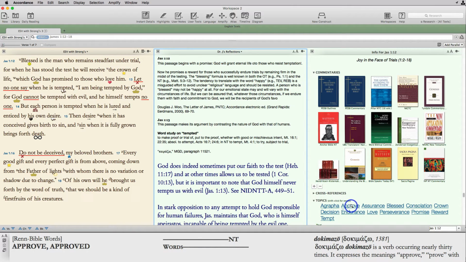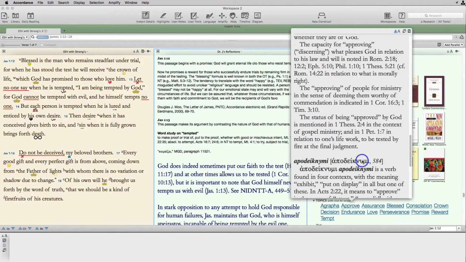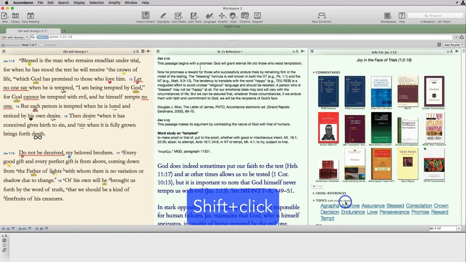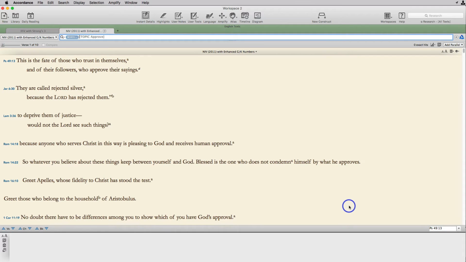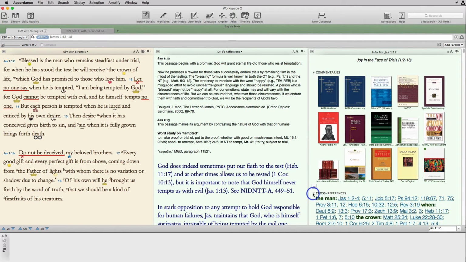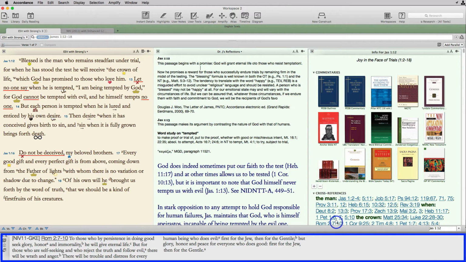The Topics section lets us open relevant Bible dictionary articles with a simple click. Holding the Shift key down while we click searches the entire Bible for that topic. Both of these provide good, solid information. Cross-references are great for reinforcing ideas that are unfamiliar, as they summon other voices in the Bible to join the